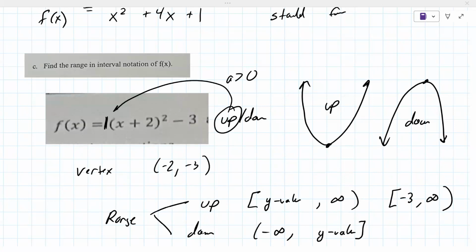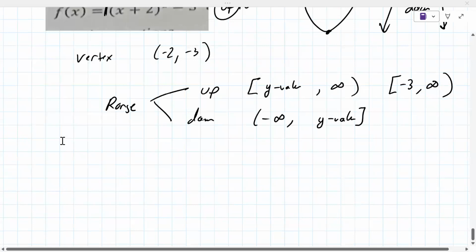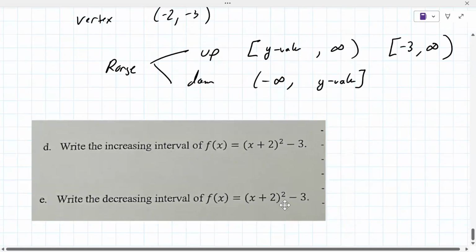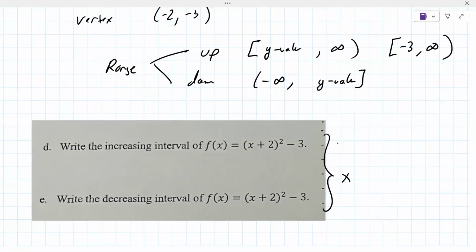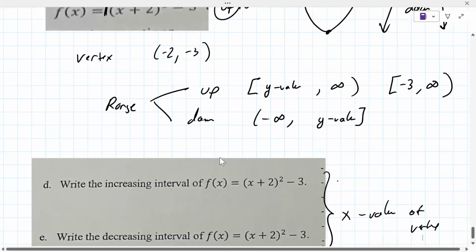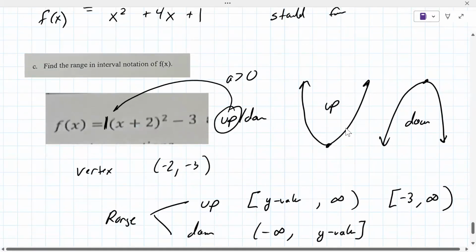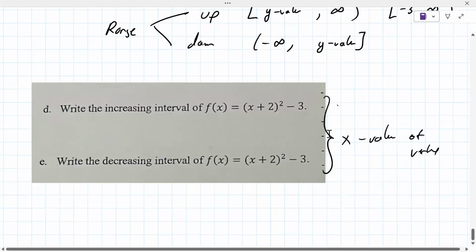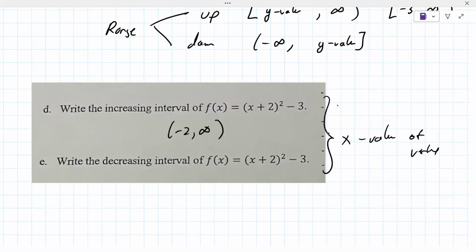So really quickly here to close out, to do D and E, it is based again on the graph, and it's based on the x values. These are now the x values of the vertex. There's two possibilities depending on whether it opens up or down, but since we're basically out of time, since this one opens up, it's increasing over here, which is -2 to infinity, and it's decreasing on the other side, -infinity to -2. So go ahead and get that down. We do unfortunately have to stop right